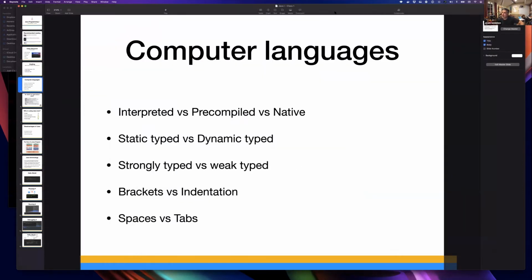Okay. So we left it at interpreted versus precompiled versus native. And the only other concept that I want to cover here that I think is relevant about languages is statically typed versus dynamically typed. What does that mean? Well,